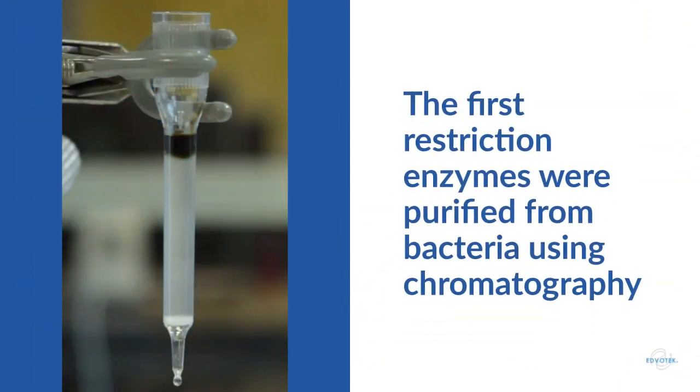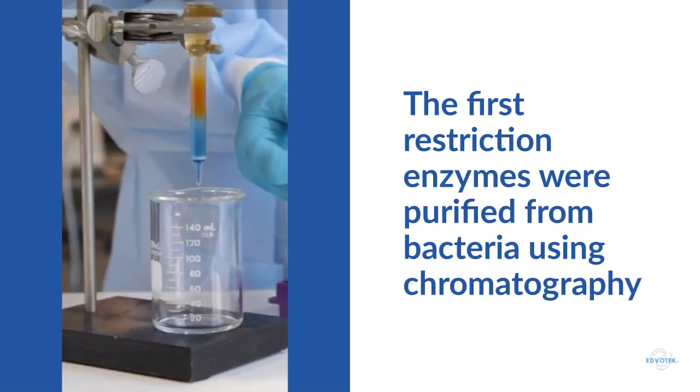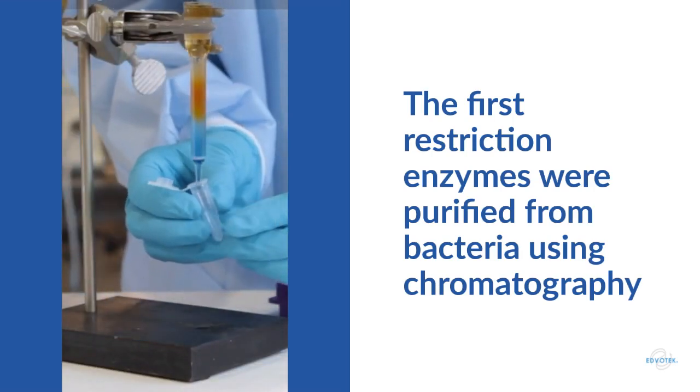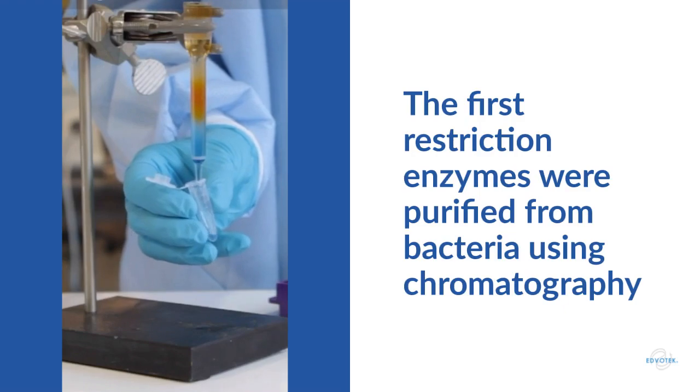The first restriction enzymes were purified in the 1970s using techniques like ion exchange chromatography, which separates proteins based on their charge, or size exclusion chromatography, which separates proteins by their size. Today, affinity chromatography is used to purify restriction enzymes by tagging proteins with specific amino acid sequences that interact with